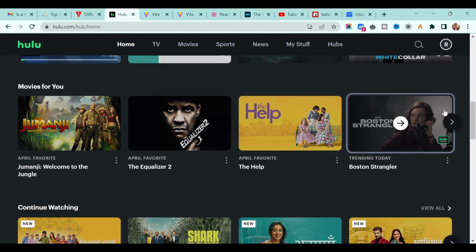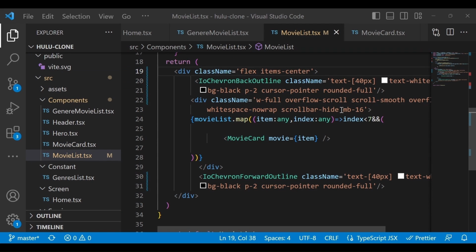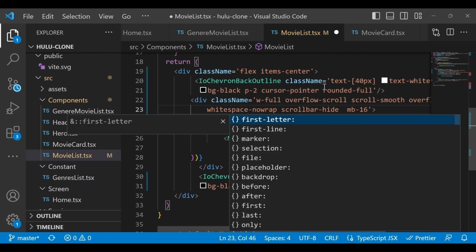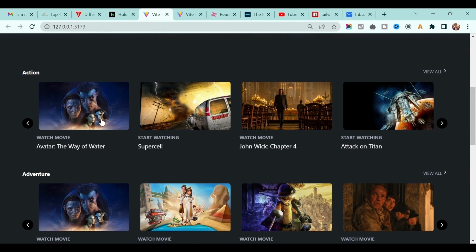But in this case it is in center of this image, so in the same way we'll do it. So in order to do that, just give some bottom margin for this icon, and same way we can give it this one, and if you go back, it will be in the center.